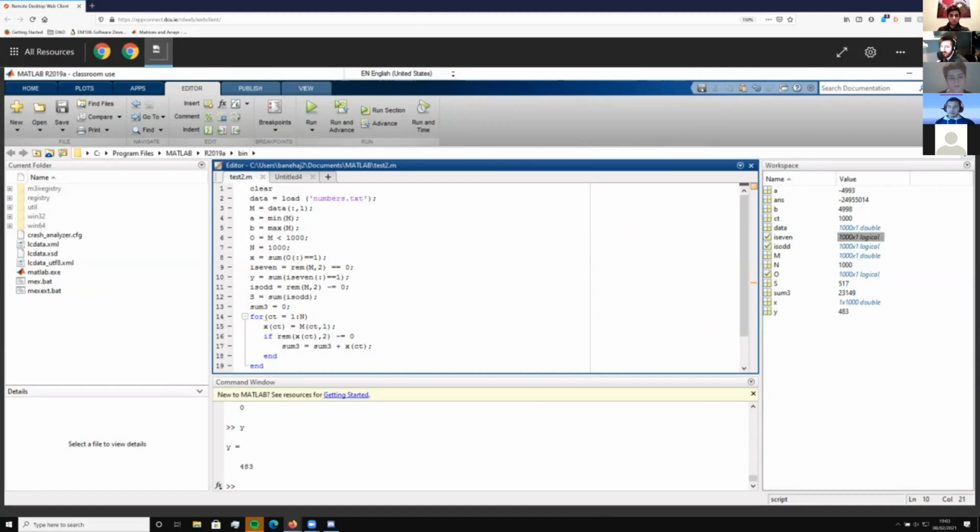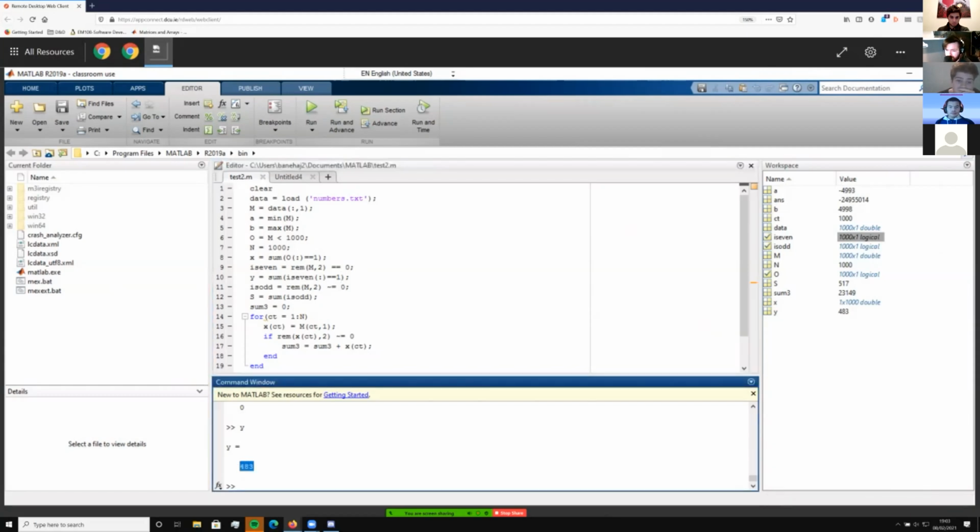So y is equal to sum is even equal to 1 goes through the entirety of is even and adds up the number of ones, therefore adding up the number of even numbers in the array. And if we type in y, you can see here, 483.